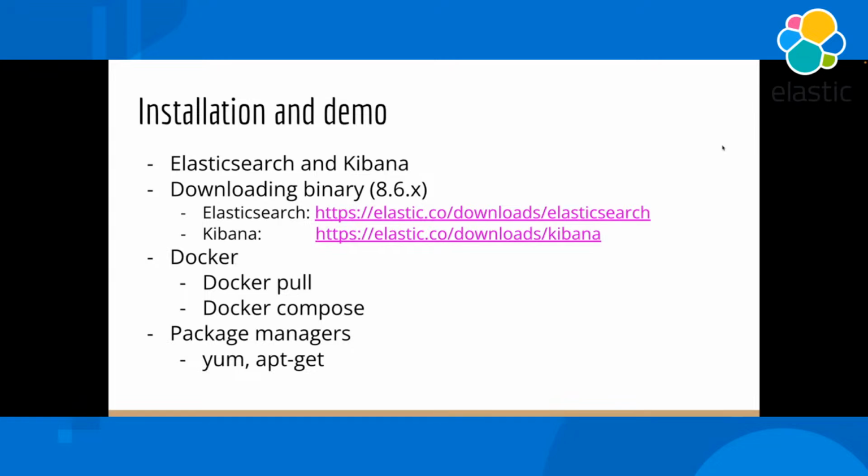So probably by the time you see this video 1 year down the line, it could have gone to version nine or so. But at this point in time, I think you can go to elastic.co slash downloads slash Elasticsearch, and get your 8.6. I think, if I'm not mistaken, it's 2. So it is for Kibana as well. So we are going to work with 2 binaries today, Elasticsearch and Kibana.